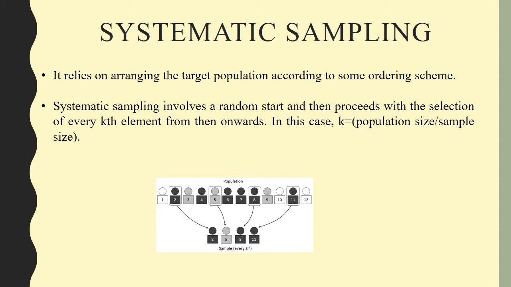Coming to the advantages: the sample is easy to select and a suitable sampling frame can be identified easily, right? And the sample is evenly spread over the entire reference population, as we know the 10th one we are going to choose, so it is evenly spread, right? And what can the disadvantages be here? The sample may be biased if hidden periodicity in the population coincides with that of selection. Also, it is difficult to assess the precision of the estimate from one survey.